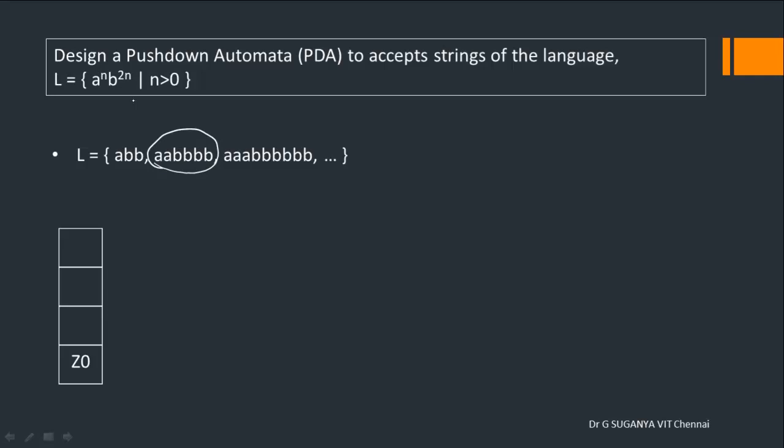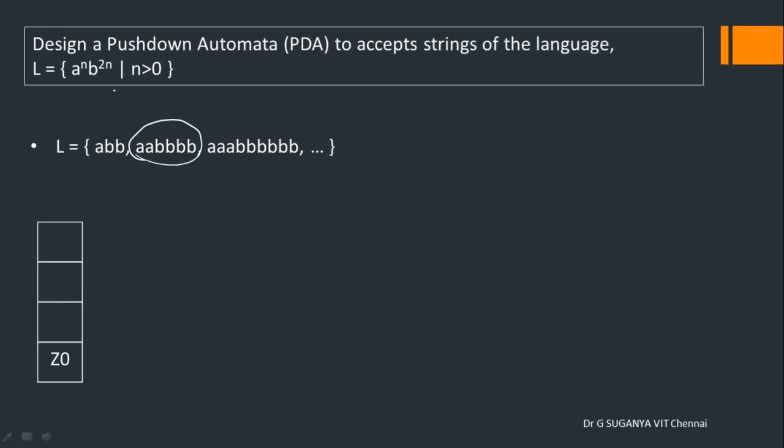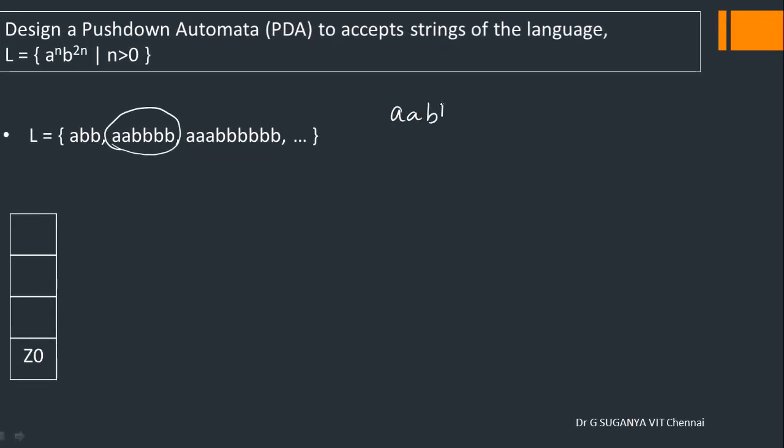Given a problem, there are multiple ways to arrive at a solution in a programming language. Likewise, for design also you have multiple ways to arrive at that. Let us see two different ways of doing it normally. The first method is that every A can be pushed onto your stack, and when the first B comes, we don't need to change the stack, and when the second B comes, you can pop it out by mapping a particular A. Then when the third B comes, you can leave the stack as it is. When the fourth B comes, you can pop it out. That is, for odd number of B's, you can leave the stack as it is. For even number of B's, you can pop.